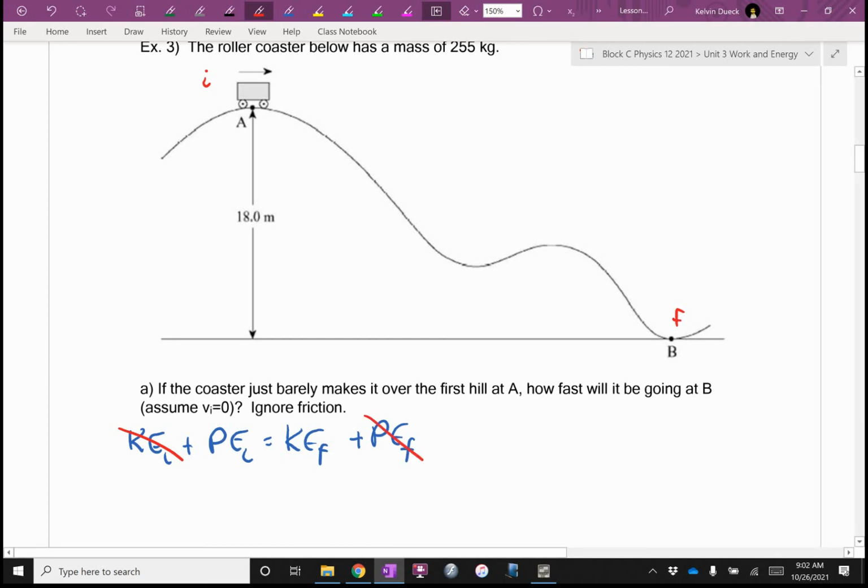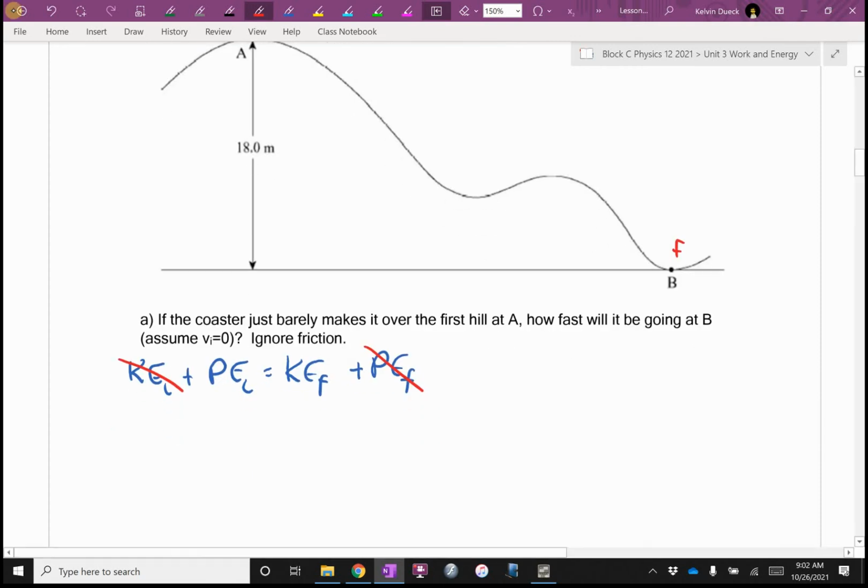Are you saying that this is the same physics as the rope swing? Almost. In the rope swing, we turned kinetic into potential. Here, we're turning potential into kinetic, but it's a similar transformation of energy. So we're going to end up with